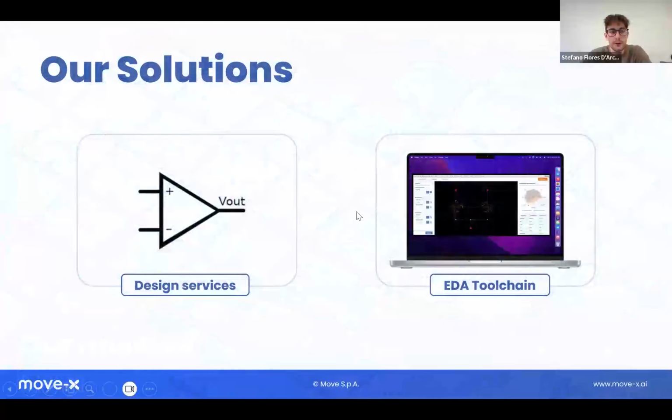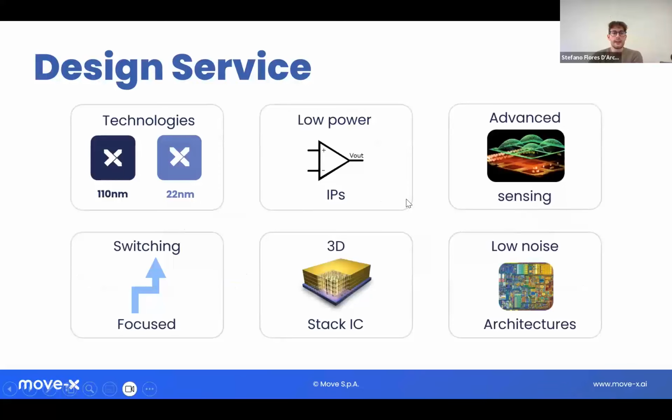And the solutions are here. One, our design services, and then our EDA toolchain. With our design services, we want to provide our customers, and actually also for our own chips, the best design possible, while also exploiting our EDA tool, Spaceman, which is an AI tool to completely speed up the process of IC design. So starting from the design service, which is the main topic of today's webinar, as MoveX, we have